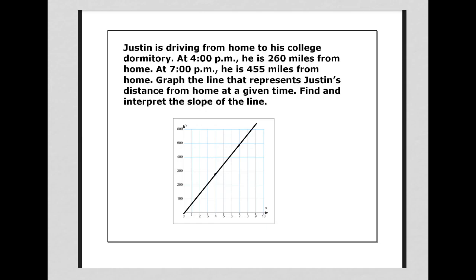So we need to pick some points on here. We should probably just use the ones that we were given. So we were given at 4 p.m. he's 260 miles from home. So that's right here on our line. Okay. And then our second point is right here. And we know that at 7 p.m. he is 455 miles from home. So when we do rise over run, y over x, okay, this again is just our x1